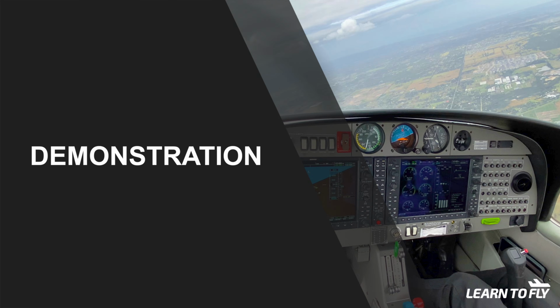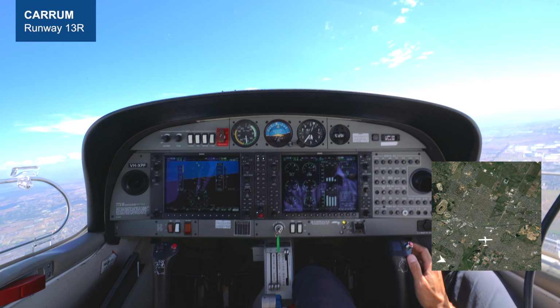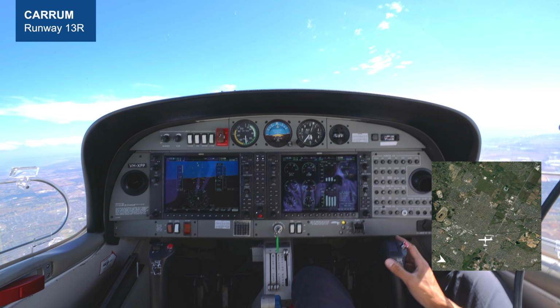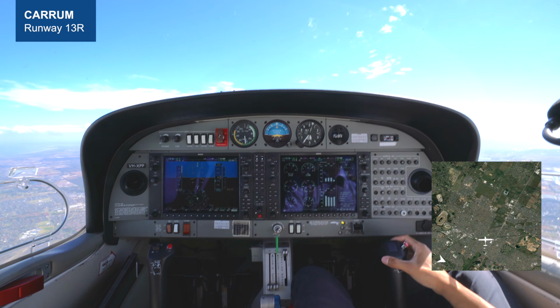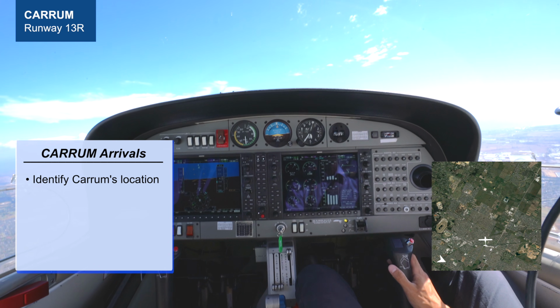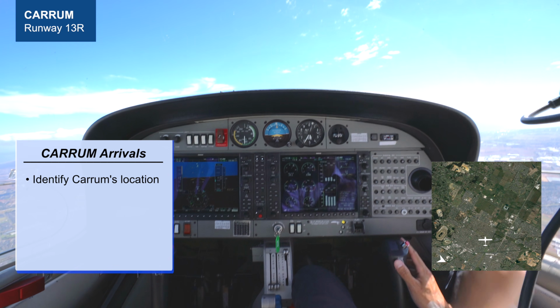To find out Moorabbin Airport's inbound procedure, we can have a look onto the IRSA. We're now in a training area on the way back to Moorabbin via Kerem. So let's head towards the general direction of Kerem first. However, we're not going to fly directly to Kerem, but let's fly about 3 to 4 miles south of Kerem,